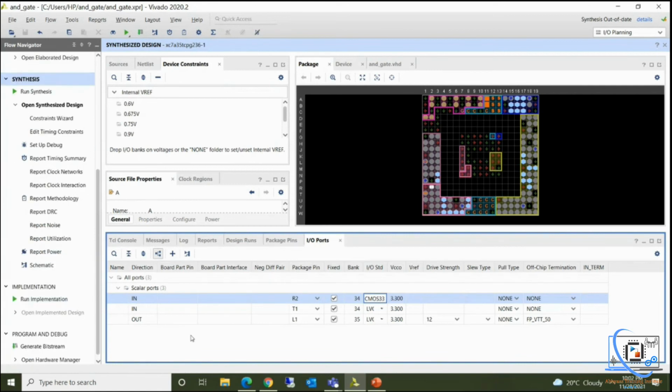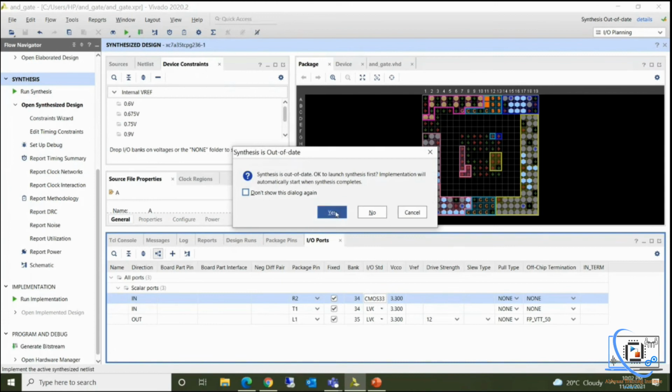So now we will run implementation. Either you can directly click Run Implementation in this Flow Navigator, or you can go to this green run button and select Run Implementation. You have to click yes. It is saying synthesis is out of date, okay to launch synthesis first. So it will again run synthesis and then implementation.